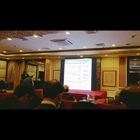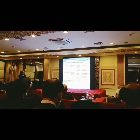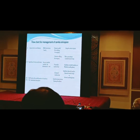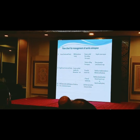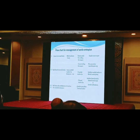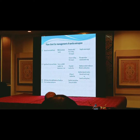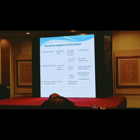This is the flow chart assessing how horizontal laxity determines the treatment. If there is mild to moderate laxity and the patient is unfit for surgery, we go for everting sutures. If they are willing, we can offer a lateral tarsal strip procedure. If there is still significant laxity, and if the medial canthal tendon by distraction test is lax, we have to fix the medial tendon or do medial canthoplasty. If the lateral tendon is lax, we go for stabilization of the lateral tendon or lateral tarsal strip. If there is still laxity of tendons, we can offer a quickert procedure, or for recurrent cases, we can go for